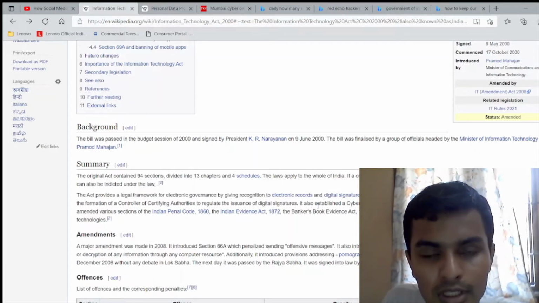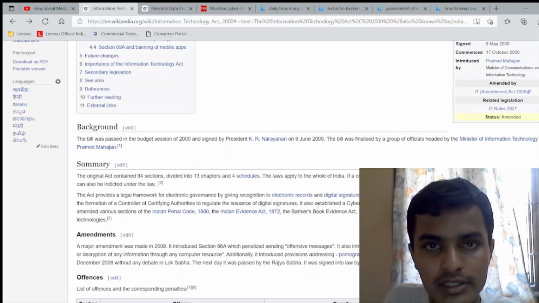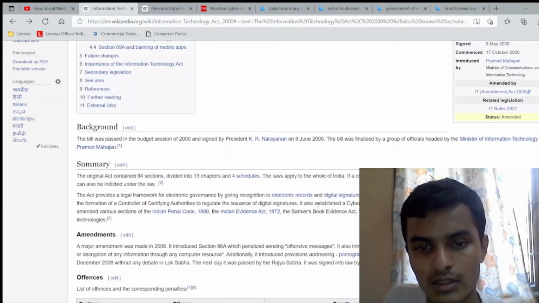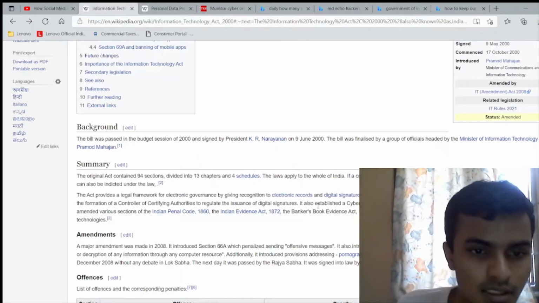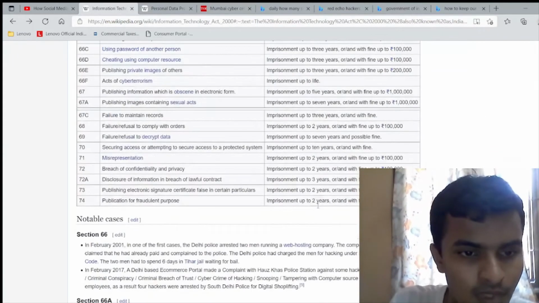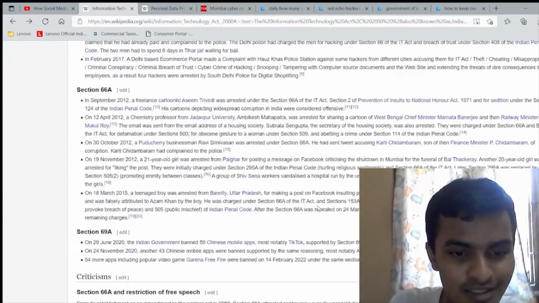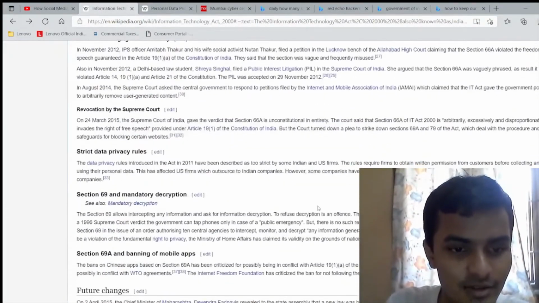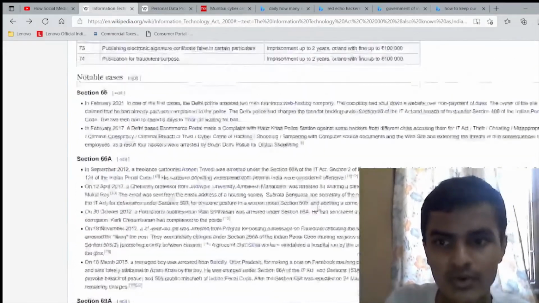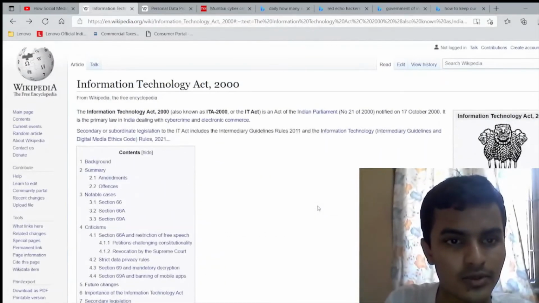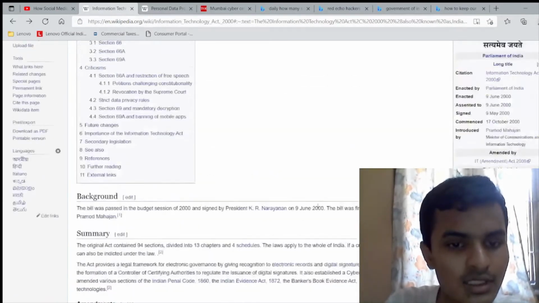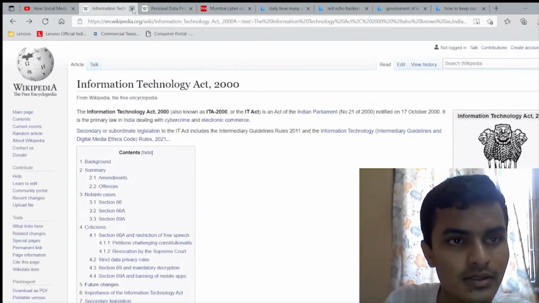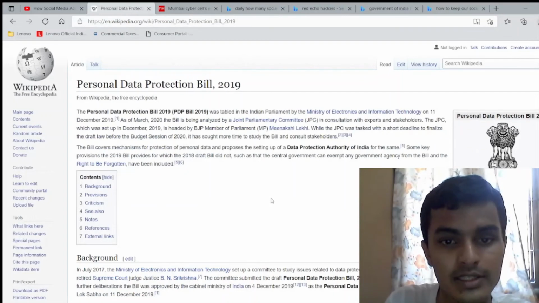So here I am not offending anyone, or against anyone. I am just concerned about the personal protection of your social media accounts. I am not taking this information anywhere. This is general information. So this is the IT Act 2000. You may have understood it. If you have not, you can comment below. This is over.